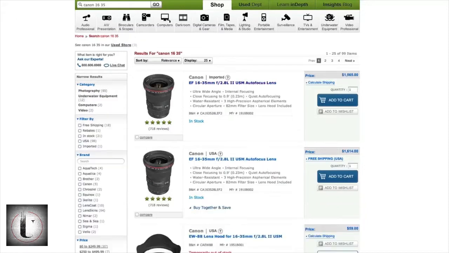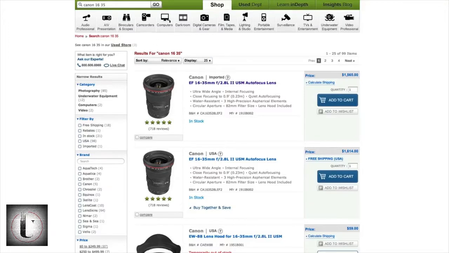Now, if you want another similar lens but of even better quality, and you have more money, you can buy a 16 to 35, but instead of opening at f4 as the maximum aperture, it opens at f2.8. But the price is not the same. Usually all the lenses that open at f2.8 are much more expensive. This is